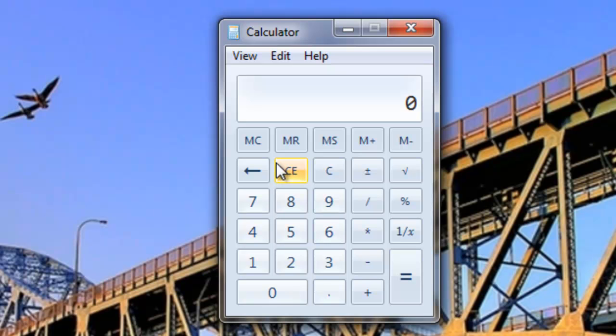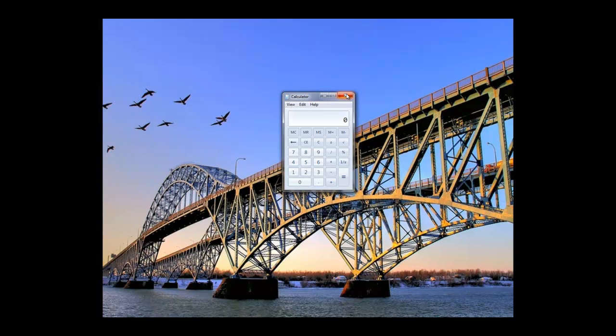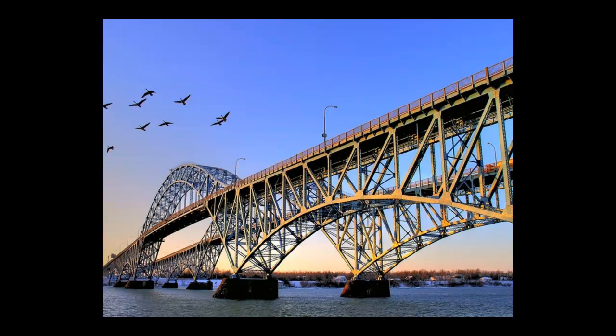We can modify numbers. Maybe my salary goes up, maybe my salary goes down, maybe my costs go up, which is probably more common. So it's a really big calculator that can calculate many things and update them very quickly, and you can save your results to a file, which is great. So I'm going to get rid of that calculator and going to bring up